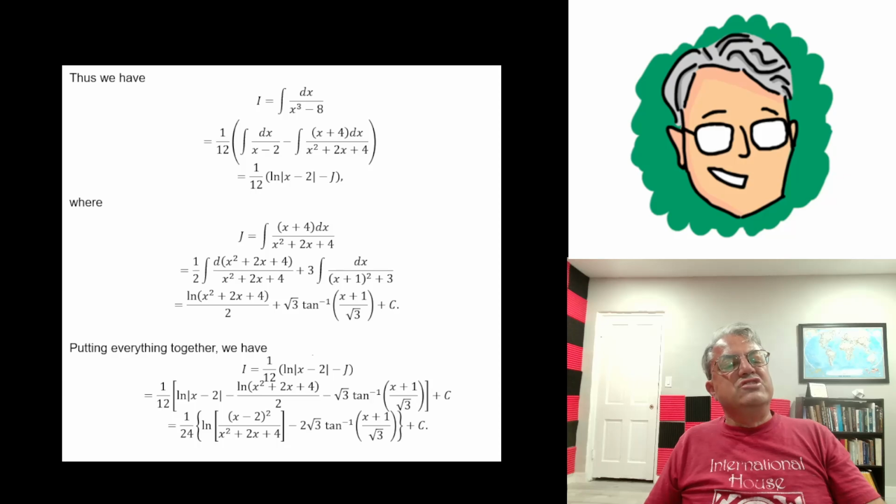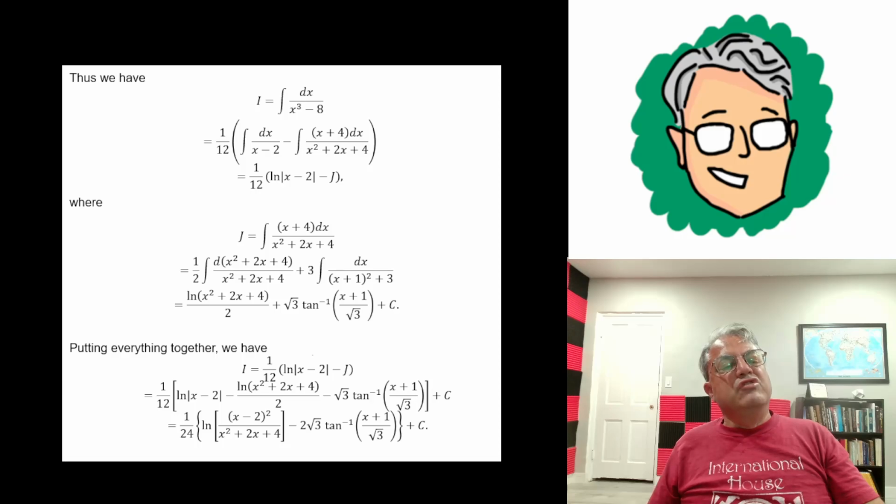So let's evaluate J. J is our new integral. J is the integral of (x plus 4) over x squared plus 2x plus 4. How do we evaluate that? Well, you can use a little trick here. Remember the dv over v rule I went over a few days ago. In this case, we'll let v be x squared plus 2x plus 4. So dv is going to be 2x plus 2, or if you like, 2 times (x plus 1). So we really just get 1/2 times